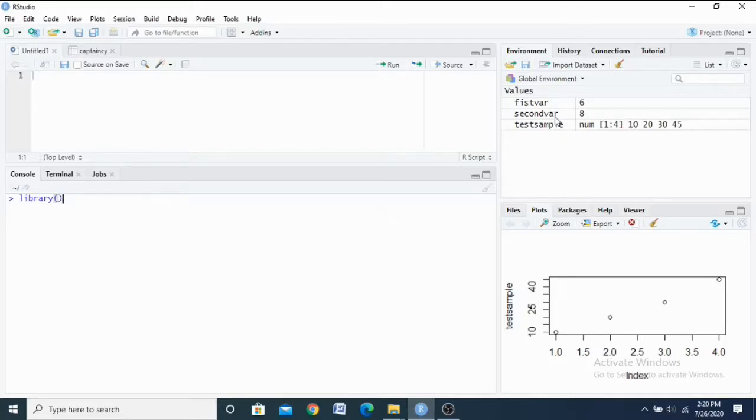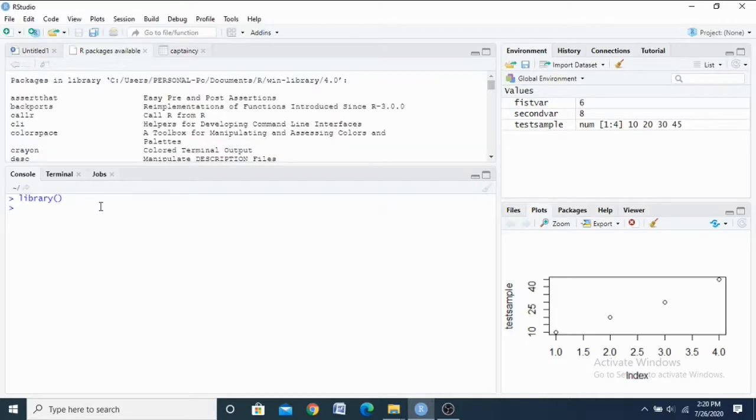In the source window, see, this is the source window. In the source window, the package tab will be available after executing the statement. See, now I execute the statement. Okay, library(). So here the available package information will be displayed in the source window. Okay, see, that is the location where my document library will be stored.